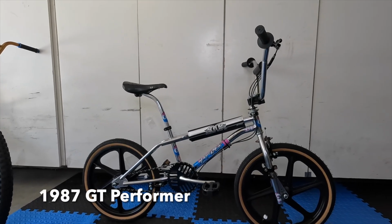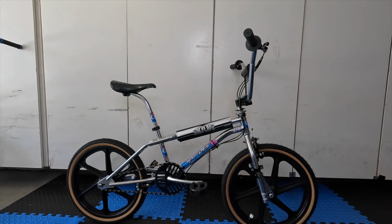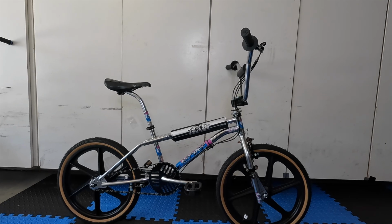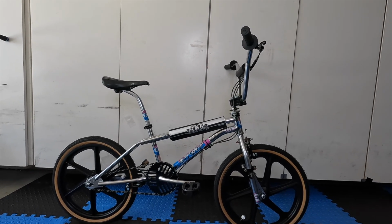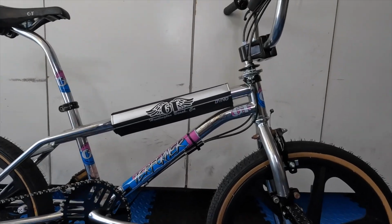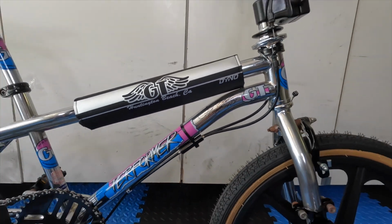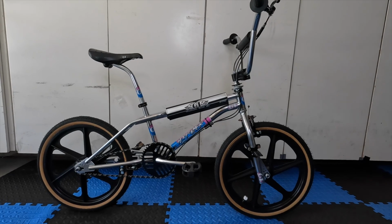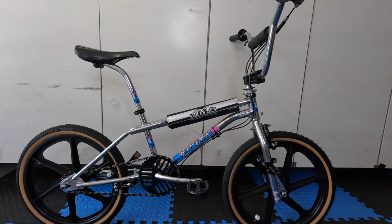Okay, here is my original OG Chrome 1987 GT Performer. I got this bike complete with some incorrect parts, but this is the original chrome finish, which I polished up the best that I could, and then got Eddie Fiola to sign this right there on the frame. I would give the frame an 8.5 out of 10 for condition, but it is 35 years old, and I did have to polish out a lot of surface rust,